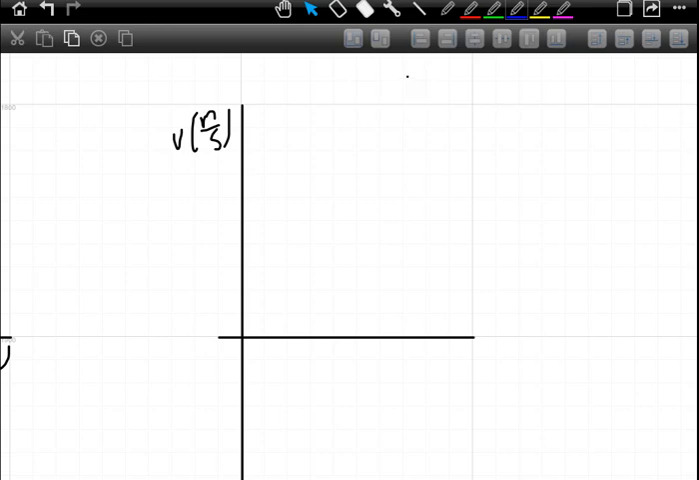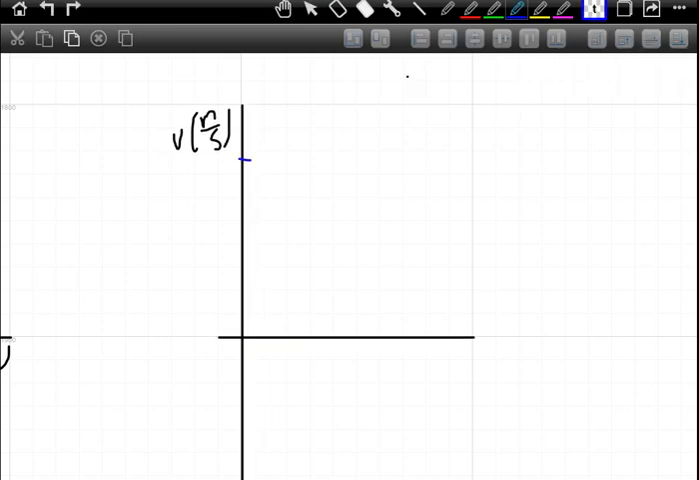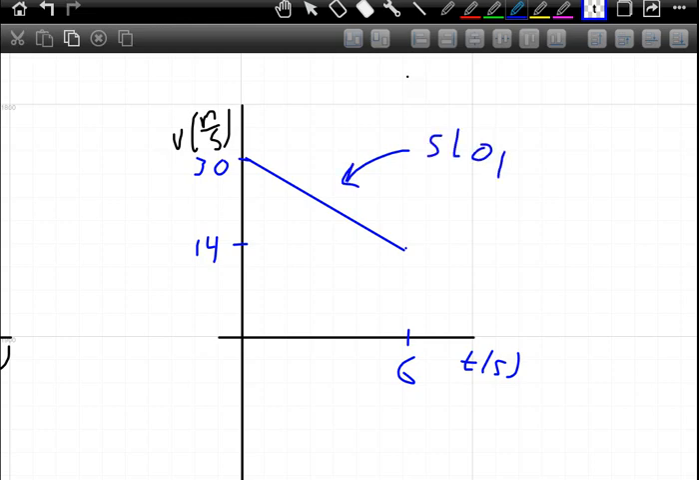It says the car starts off at 30 meters per second at the beginning, so we make a little mark for our 30, and we know we're going to go down to 14 meters per second over the course of 6 seconds, like that. And so then we can just draw a line from the beginning down to the end. And the slope of this line should be the acceleration, because the slope on the velocity graph is the acceleration